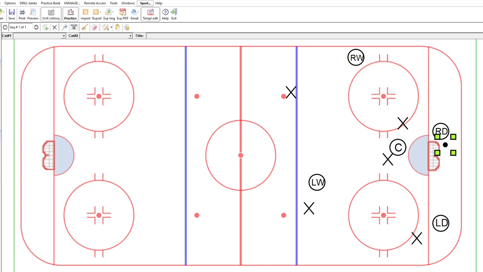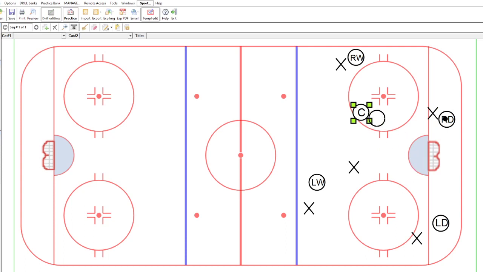In this scenario, really both should technically work if everyone executes. I do prefer the D-to-D pass here, because then this defenseman can get his head up. He can make this pass to this guy. At that point, the pressure comes in on him. There's still going to be pressure here. The center is looping through. So it can be a quick pass from right D to wing, and then a touch pass to the center. Or if the center has separation, because he's going to be sweeping through, if the center gets separation,